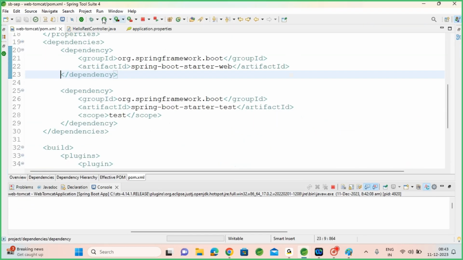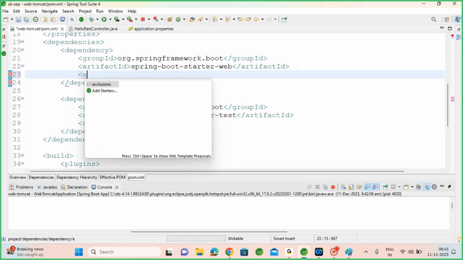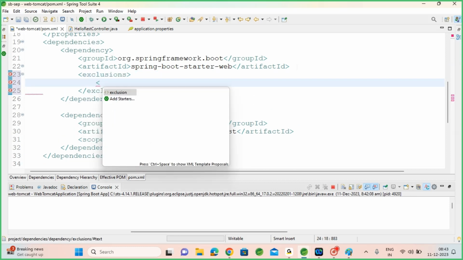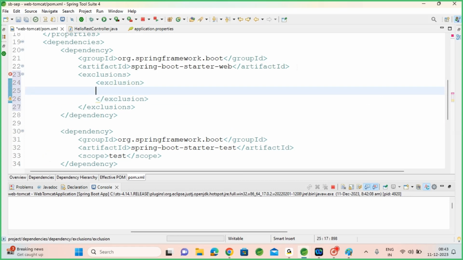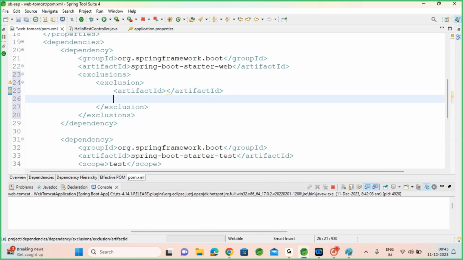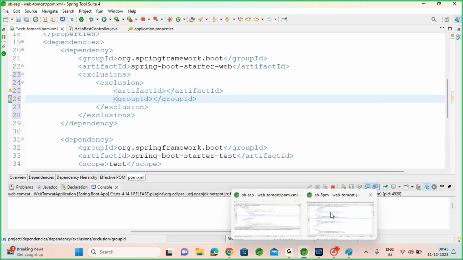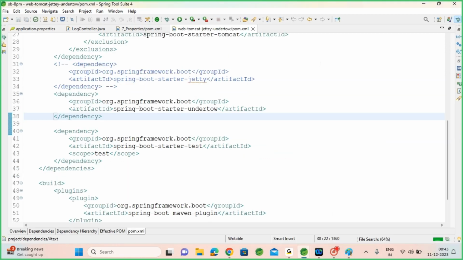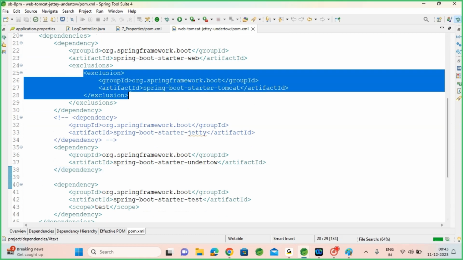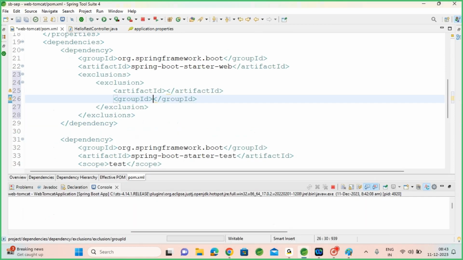Now I want to change this Tomcat. To change it, first you need to exclude it from the default configuration. Here under this dependency, you can exclude using exclusions. Under exclusion, you can give the artifact ID and the group ID of Tomcat. So you can simply pass